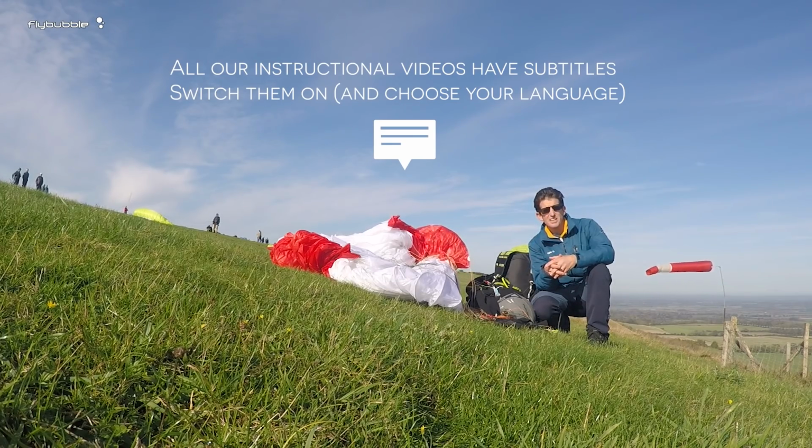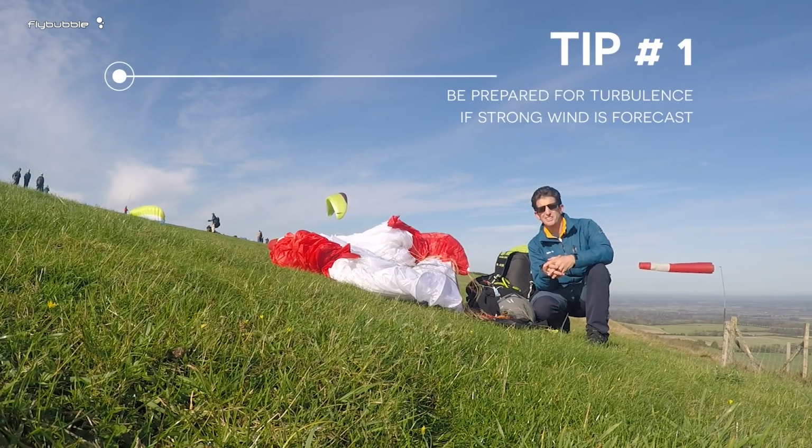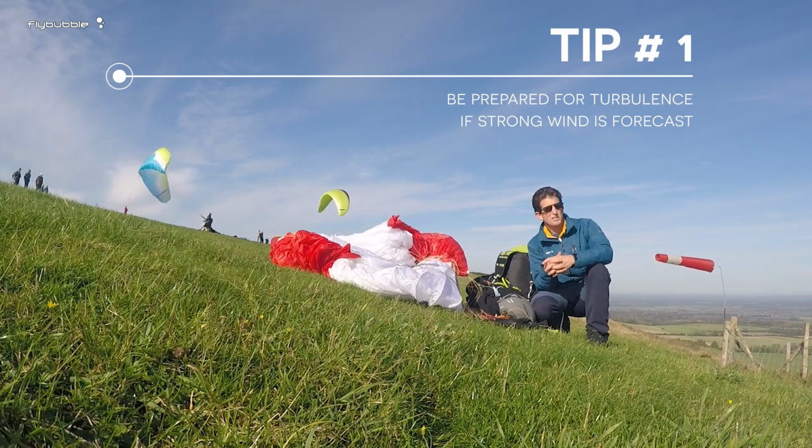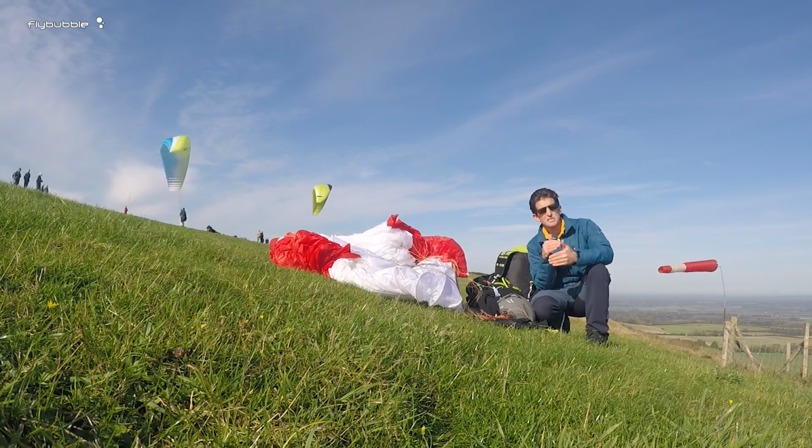And I'm expecting the wind to pick up. That's the first thing. I'm aware of it on the forecast. I'm going to be flying in strong wind. I know it's predicted to be strong. It isn't strong yet, which already tells me I can expect there to be quite turbulent air as the wind